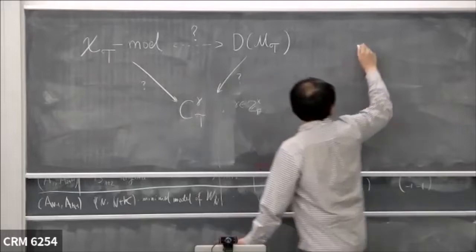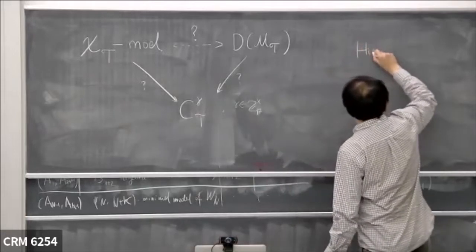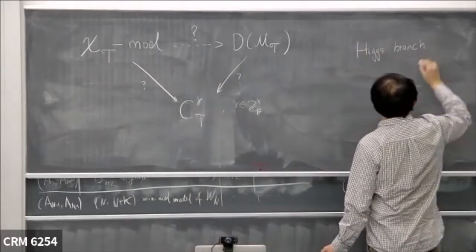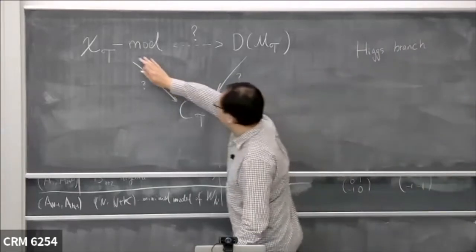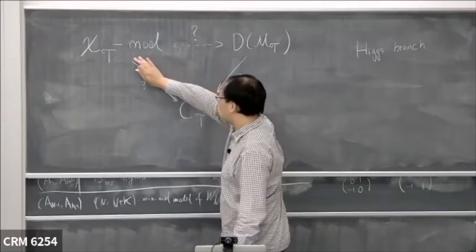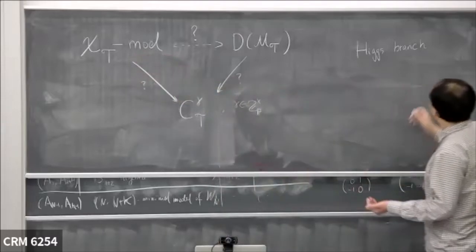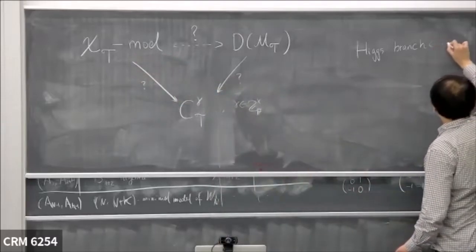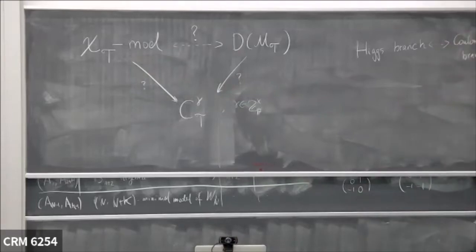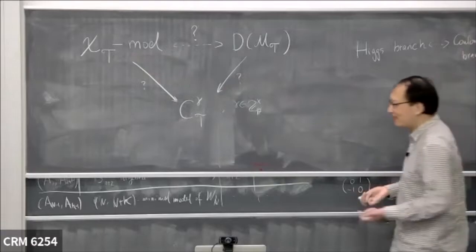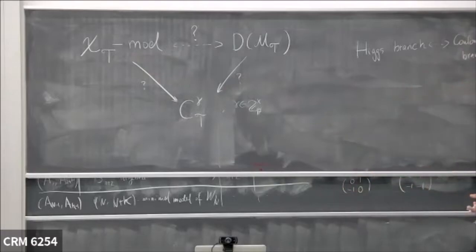So there is an interesting connection between the Higgs branch, and as we have learned, it's closely connected, and in fact can be recovered by the chiral algebra itself. And then there's the connection between that and the Coulomb branch. So this is often known as symplectic duality, telling you that singularities of